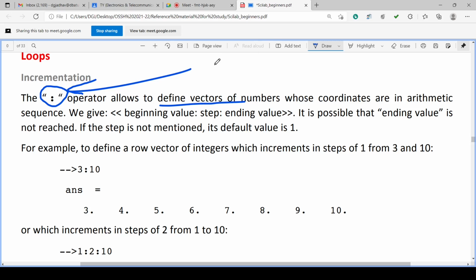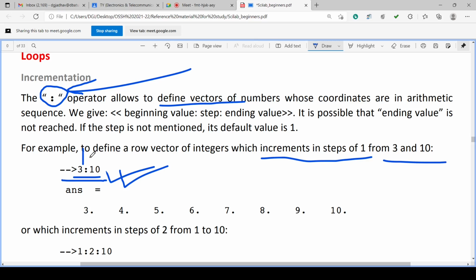Suppose x is defined as 3 to 10, or without any variable, if you write 3 colon 10. 3 colon 10 means it is 3 to 10 with the increment step of 1. Isn't it? With the increment step of 1. It is from 3 to 10.